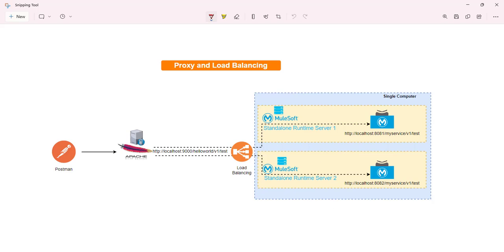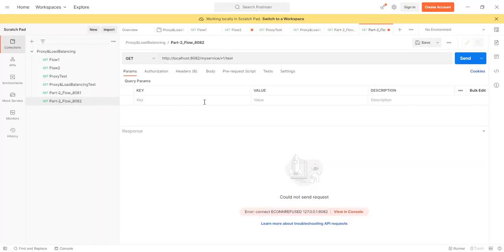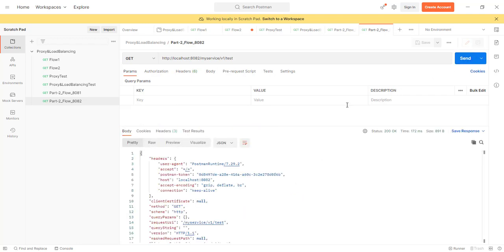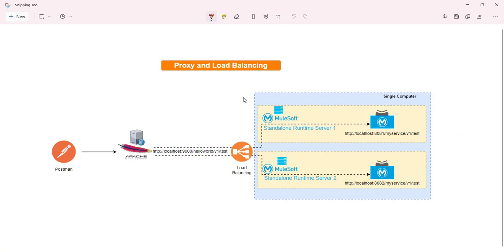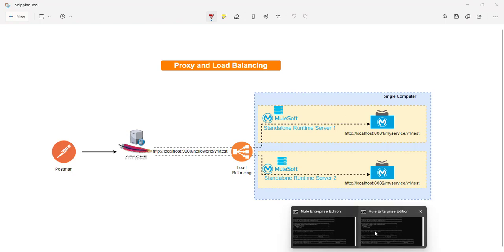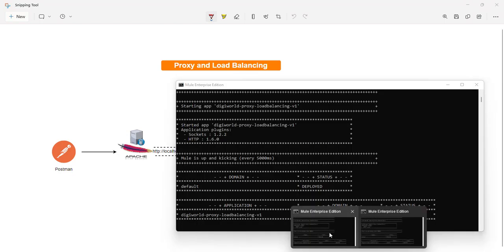And let's send some requests to our instance 2 as well. So if you see, to 8082, earlier it was coming back as ECONNREFUSED, connection refused. Now if you send, the response is coming back successfully, we have got 200 OK, and this time it is from 8082. Okay, so now that is perfectly matching our diagram, and congratulations. So we have successfully run the same application on two different ports,